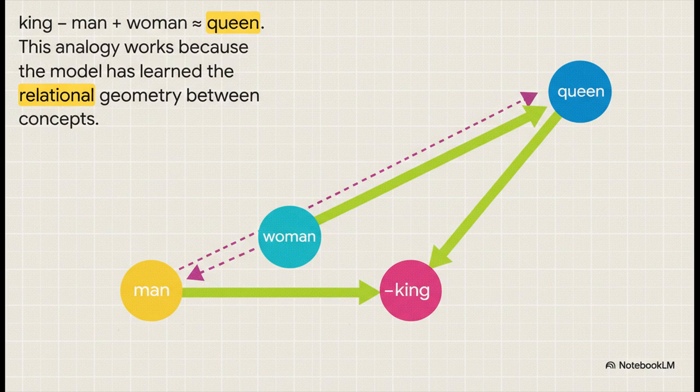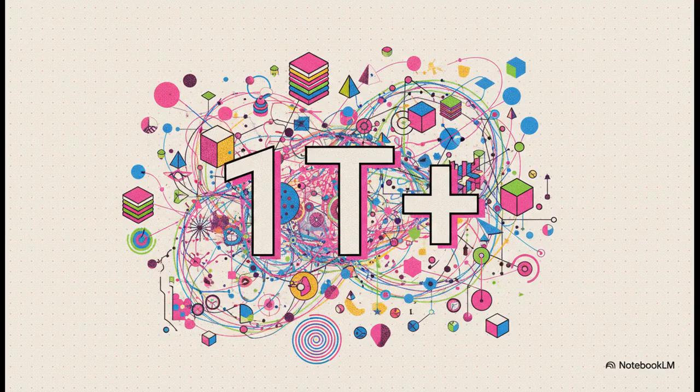It's literally doing math with meaning. It's wild. So what is this map actually made of? Well, it's encoded in the model's parameters, or weights. And we are talking about billions, sometimes over 1 trillion of them. But they aren't storing simple facts like a database. No, they are compressing the deep statistical patterns and the structural regularities that are found in all the data the